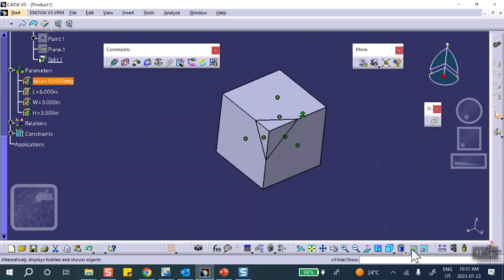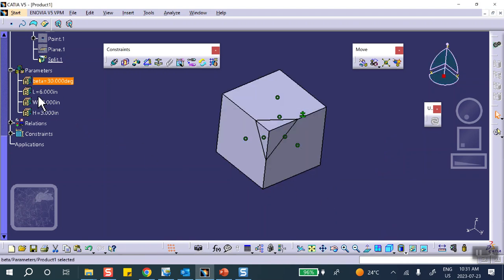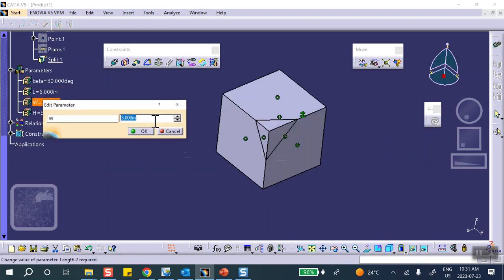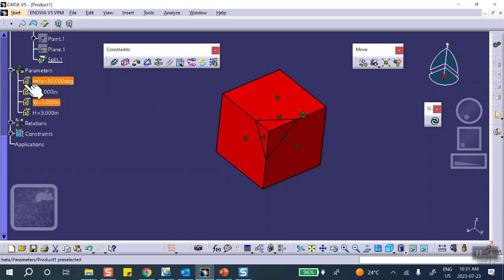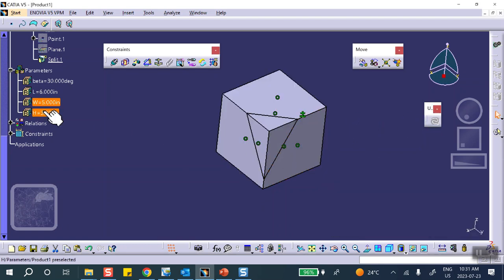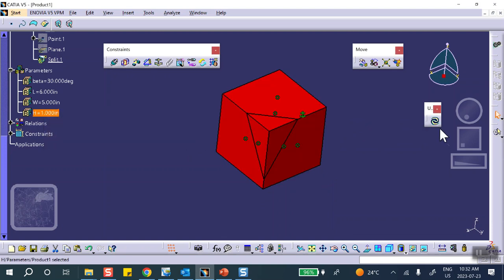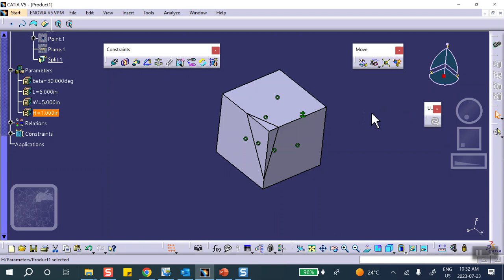There we are. They're both. If you don't believe me, just do the wireframe. You can see that they match, right? Put it back. What about W? W is this length. So let's make this thing 5. I mean, obviously, if you put a ridiculous number there, the sketches are going to be self-intersecting, etc. H is going to be this length. So we're going to 1. And there we are. It's working. I consider this the harder of the 3 problems or 4 problems that I've done. But hey,